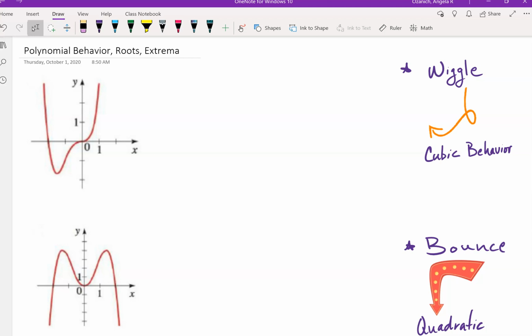The other thing that we want to talk about is the behavior of these functions as x goes to infinity, or gets larger and larger, and its behavior as x goes to negative infinity. For my classes, we've talked about this a little bit. So let's talk about behavior and what we can tell by looking at the degree of the function